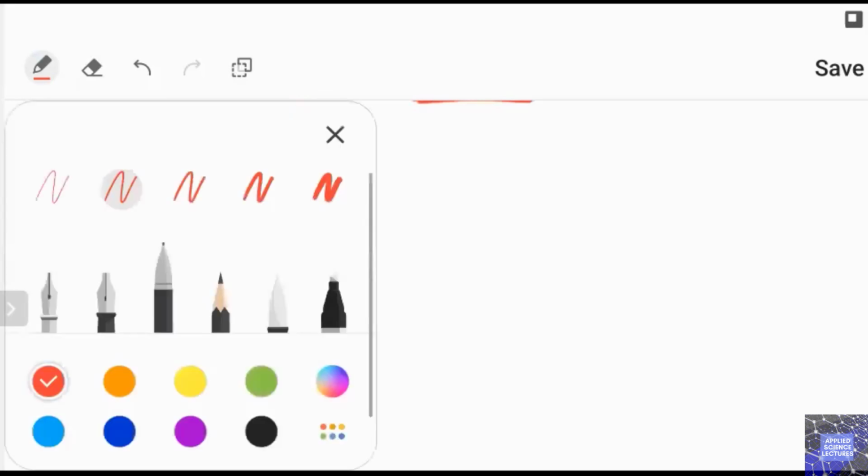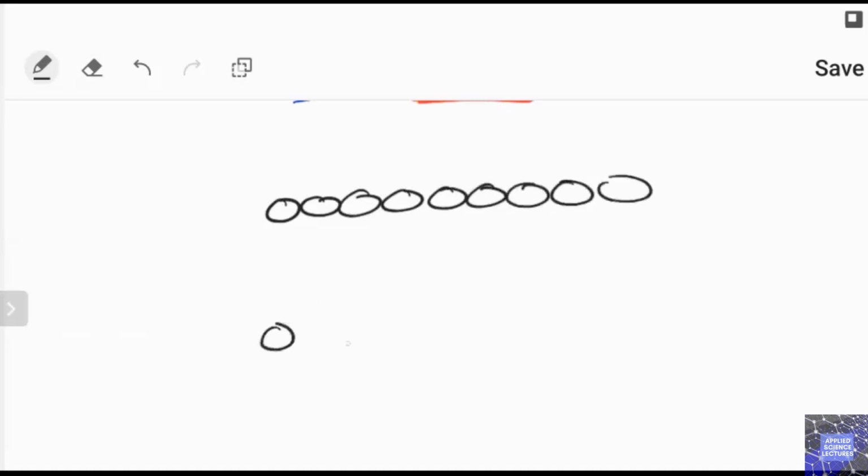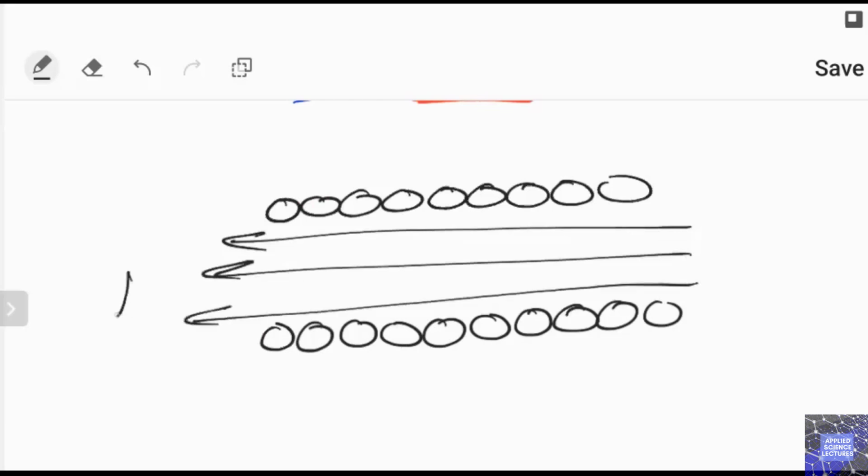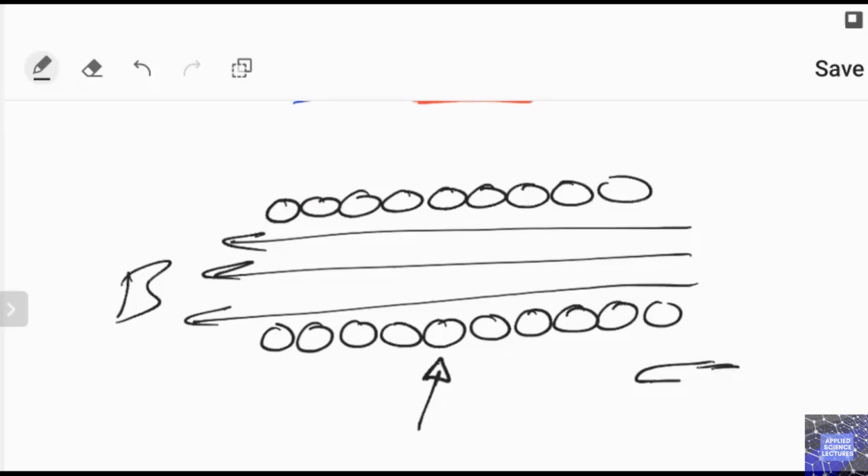Also, one other case that we can mention is the solenoid. Again, for the case of the solenoid, assume that this is the cross section of the solenoid. If you want to know the direction of the current or the magnetic field, and you've been given the direction of the magnetic field to be pointing in this direction, and you've been asked to calculate the direction of the current, for example in this wire, then you can use the right hand rule. Now we will use our thumb as the direction of this straight magnetic field. So if I use my thumb here as the magnetic field for the right hand rule, then in this case you will see that